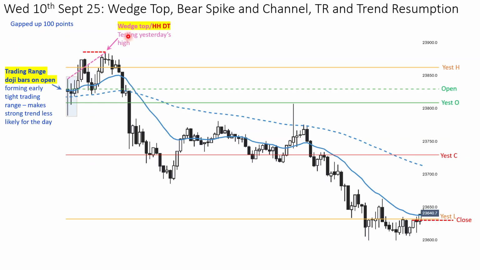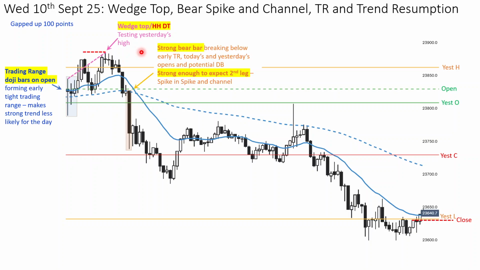Then a wedge top slash higher high double top, testing the area around yesterday's high, and this then reversed down from the wedge top, and there was a strong bear bar which became a key feature